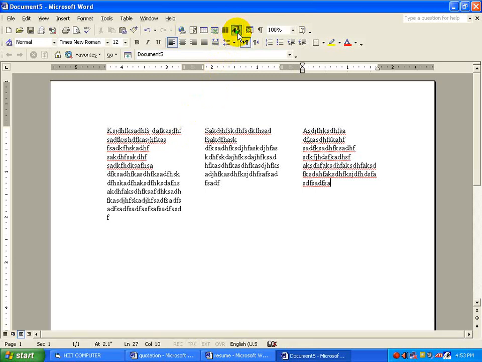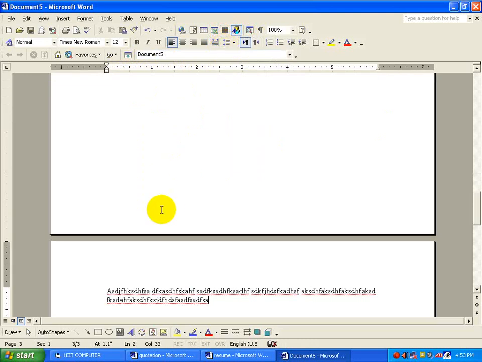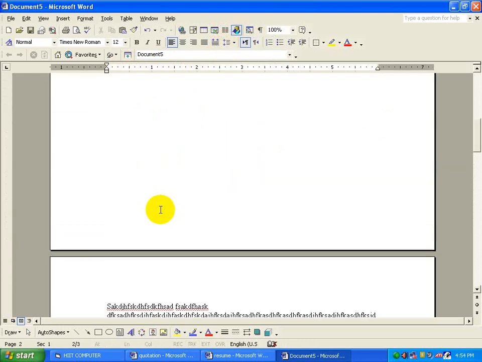If you press on the Drawing button, the drawing toolbar is deactivated. If you once again click on it, it will be in front of you. So activate and deactivate can be made through the Drawing button. The next is Document Map. To once again divide this page into a single column, we will just change it. See, select, you will get a single column page.